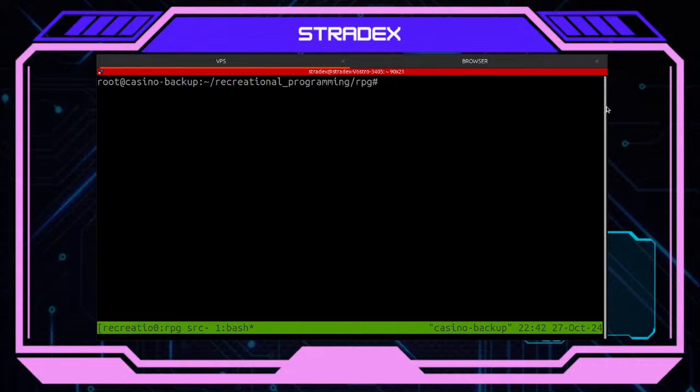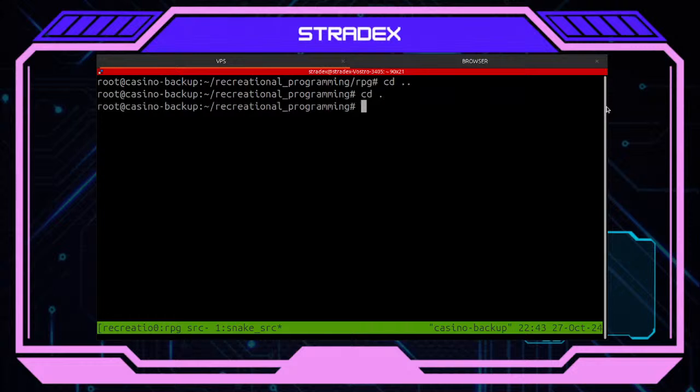Let's create a new Tmux now. Let's call this snakes. Okay, so well, not a snake actually, but well, yes, actually yes.